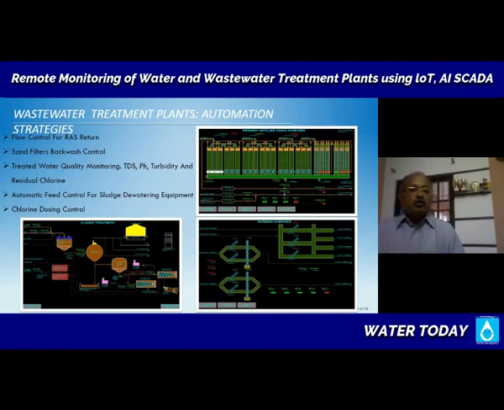It can be proportional to the incoming wastewater flow to the aeration lane. That is an excellent control as well, because it helps you maintain an optimum bacteria level in the aeration lane. And as we looked at for the water treatment plant, the sand filter stream is a very good area for automation, because when you have lots of sand filters lined up, 16, 18, 20 odd sand filters lined up in a big plant,